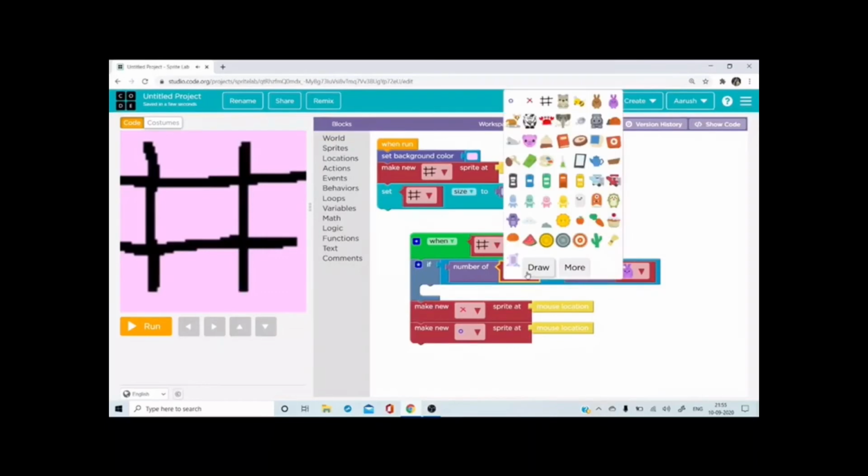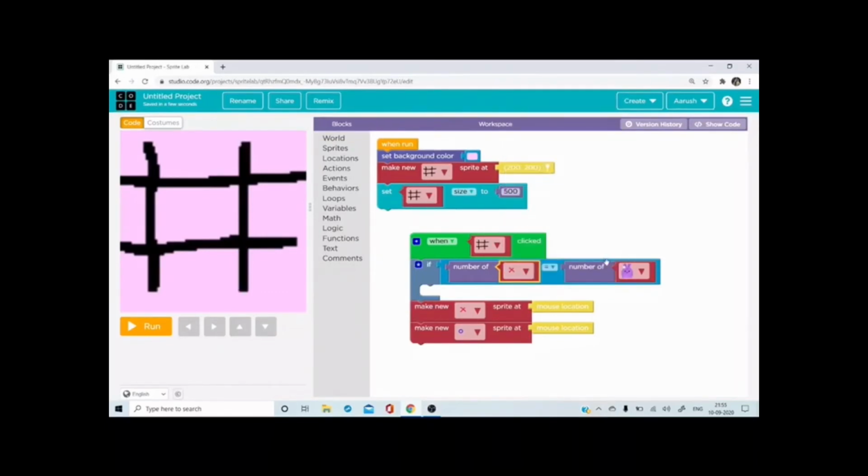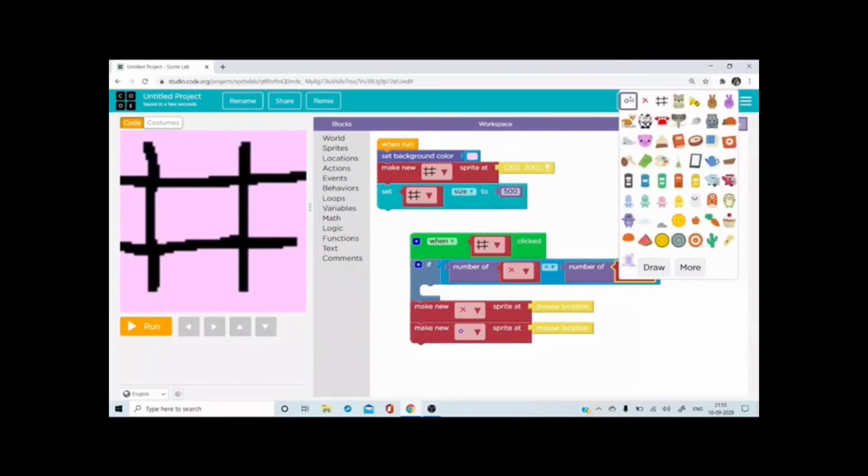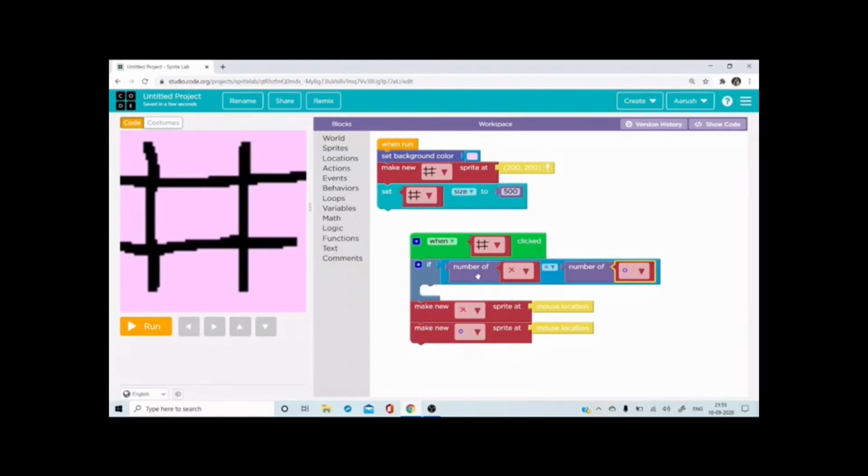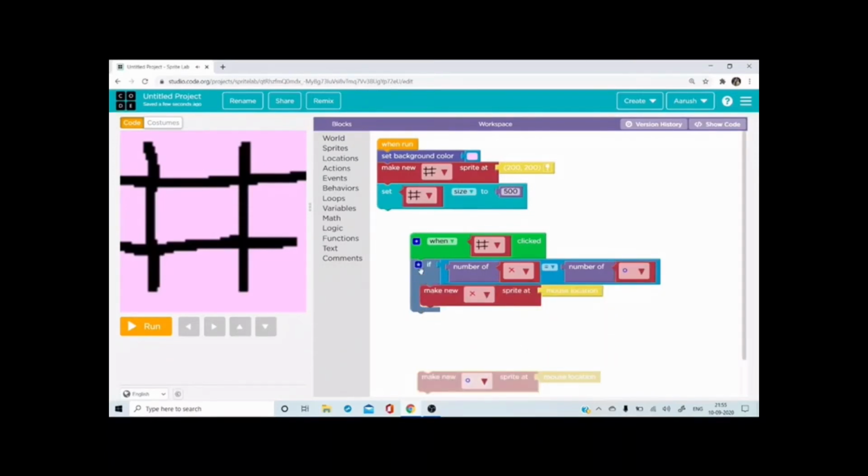So here you will make the red one and here you will make the blue one. So what happens? You say when this is equal to this, you should put say only the first one, not the second. Else, now you have to put an else. How will you put an else? You have to click here and this is the button which you will be using for the else condition, correct?